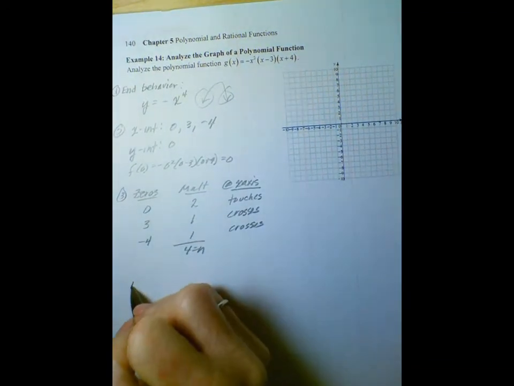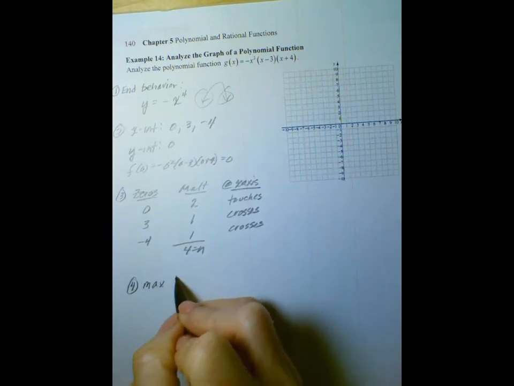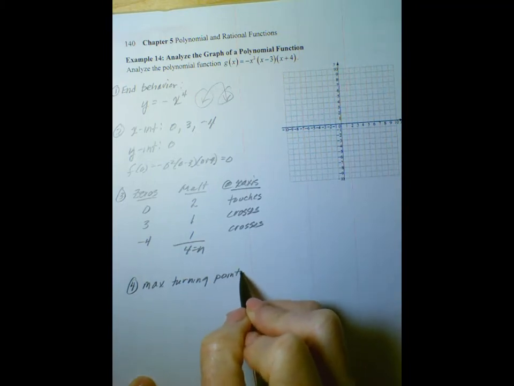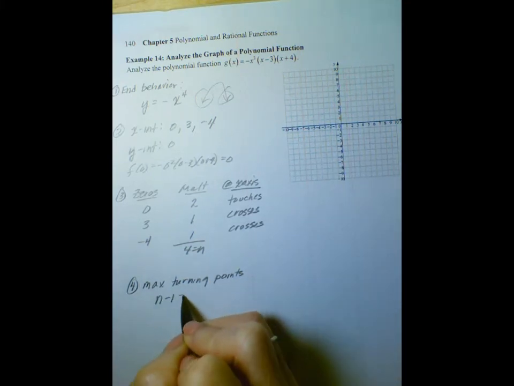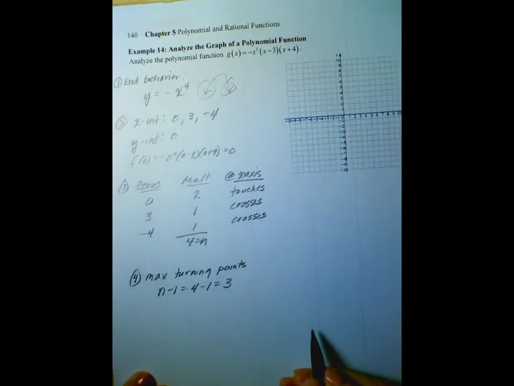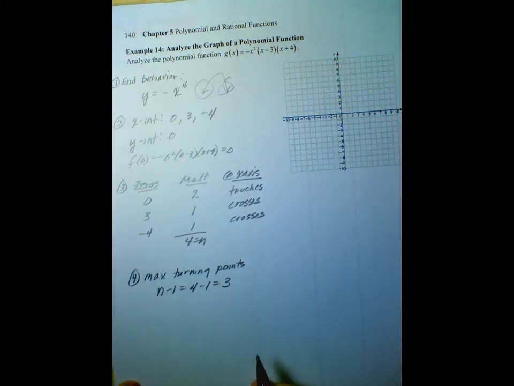Okay, maximum turning points is number 4. That is n minus 1, or 4 minus 1, or 3. That's the maximum number. Doesn't mean that's how many you'll have, but the maximum number is 3. Okay, and so now we want to